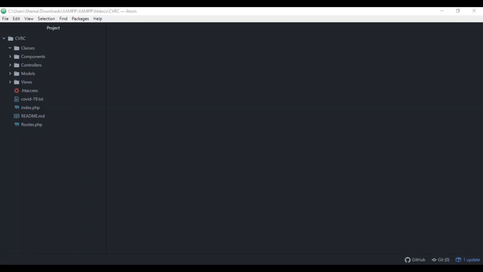Now that we have our structure of our application set up, what I'm going to do in this video is make the autoloader page or function to load all the files that we're going to need in our project. So each of the files that are going to be in these folders, they're going to be auto-loaded to the index space, or whatever we need from the view is going to be auto-loaded into here, and